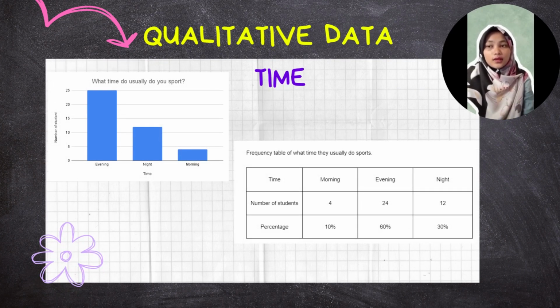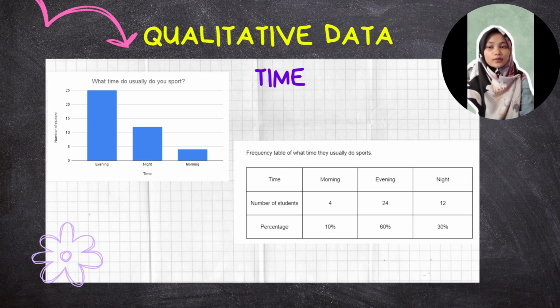For qualitative data for time, you could see here the bar chart has been given. The bar chart shows the data collected on the question for what time does the respondent do the sport. There were 3 choices given, which were evening, night, and morning. You could see here the tallest bar, which represents the most chosen by the respondents, is evening, followed by night,